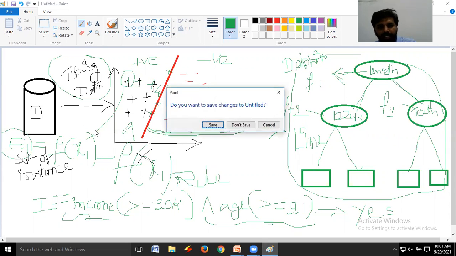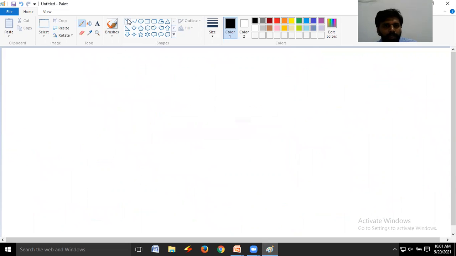I will explain this with a new example. Now consider this is an instance space. This instance space contains, suppose, 5 instances. For better understanding purposes, I am explaining it like this. In reality, there is no need to represent instances like 1, 2, 3, 4. Here, for better understanding, I am representing instances with numbers.